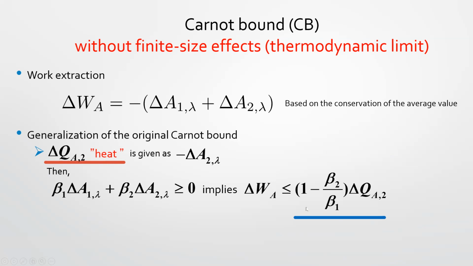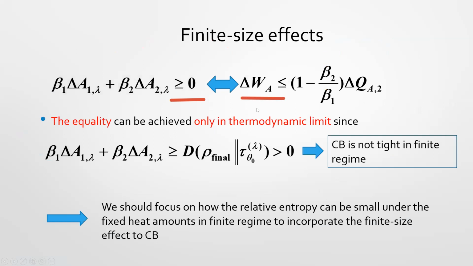So this is the upper bound. This coefficient is called the Carnot bound. This coefficient can be considered the efficiency, the thermal efficiency. So unfortunately, of course, this inequality implies this inequality, but equality can be achieved only in the thermodynamic limit, because